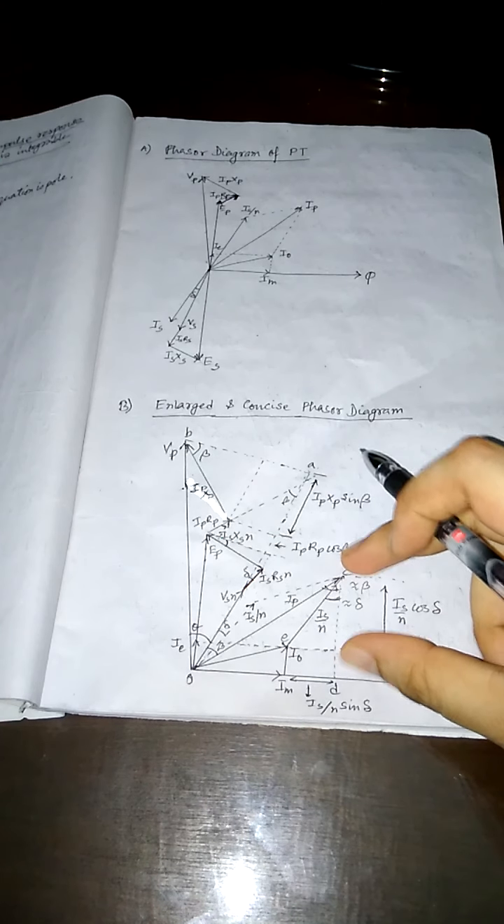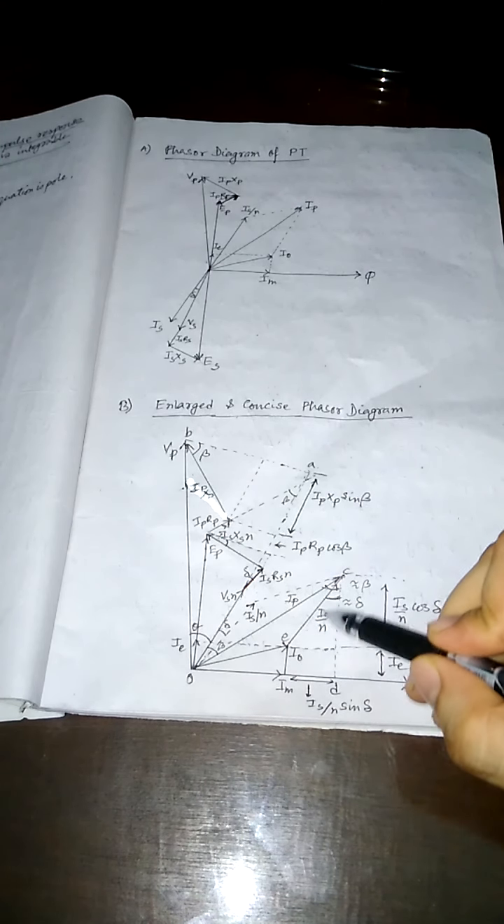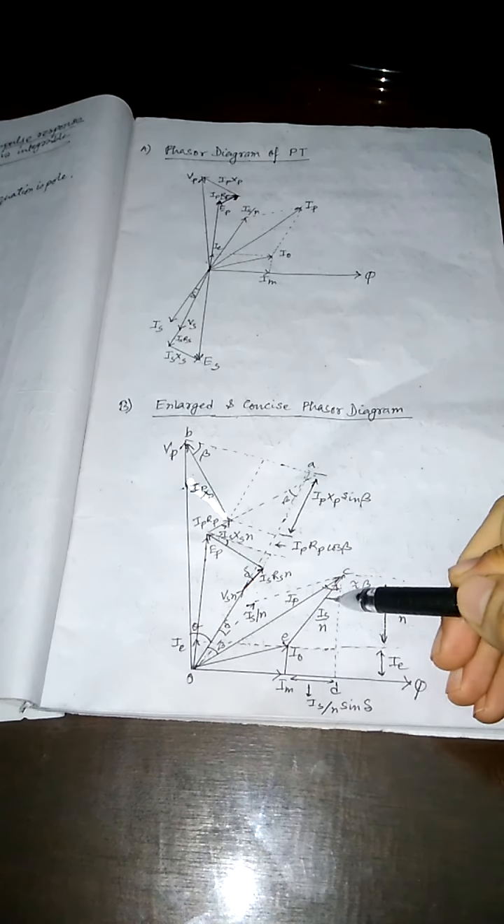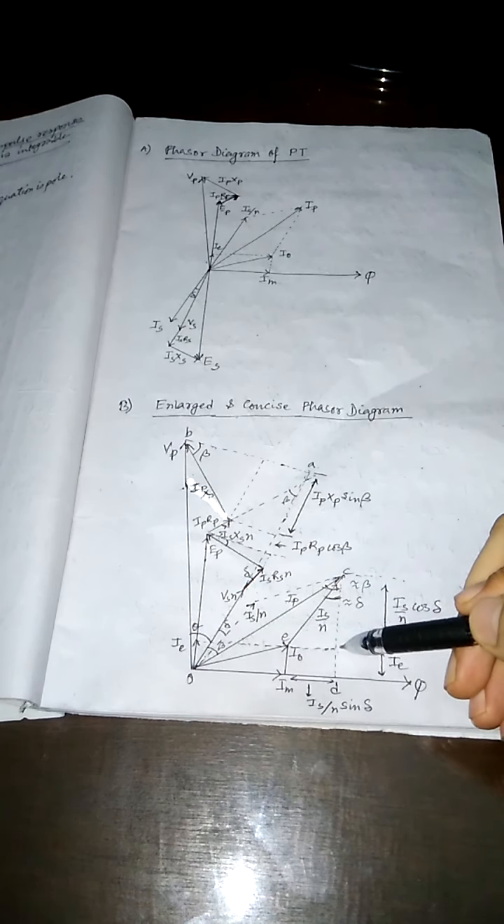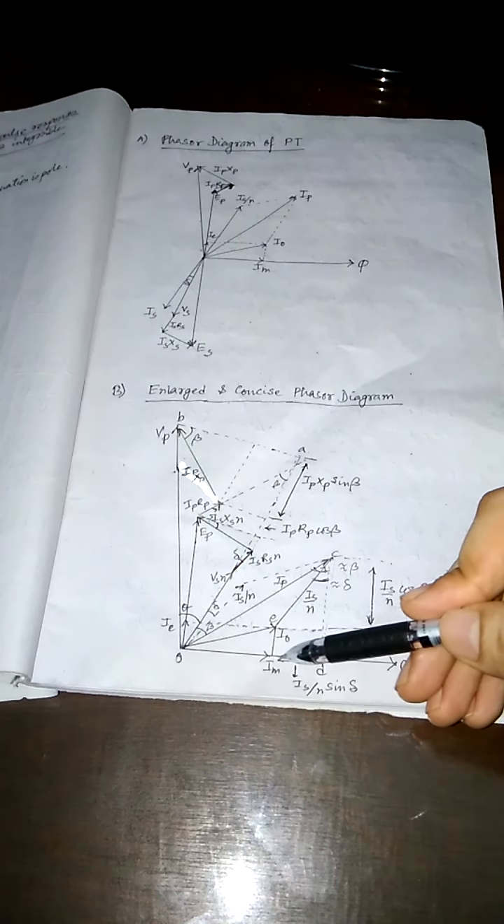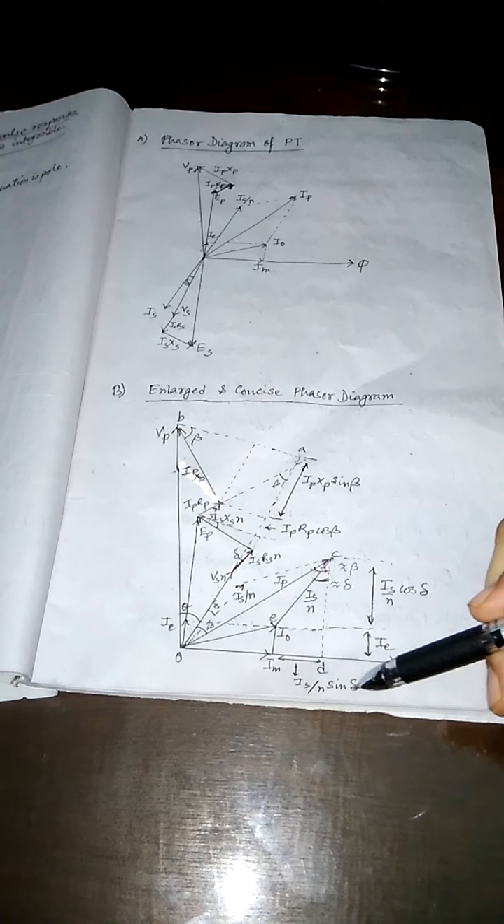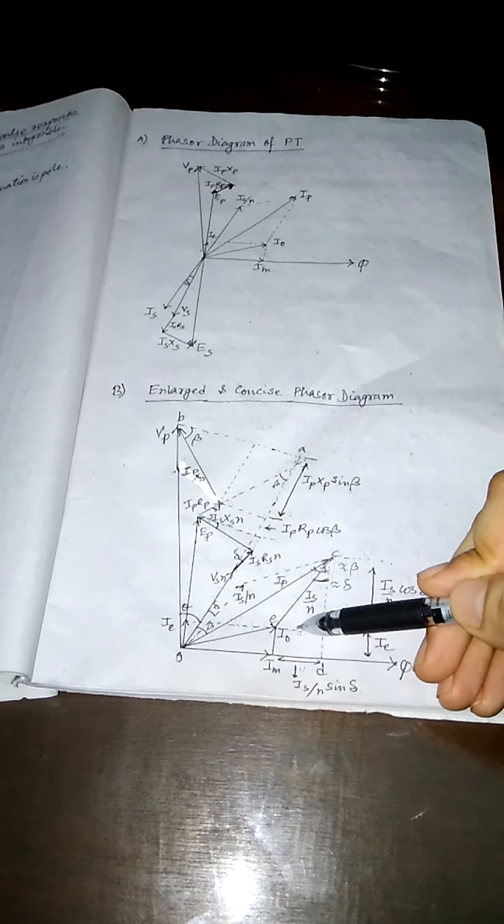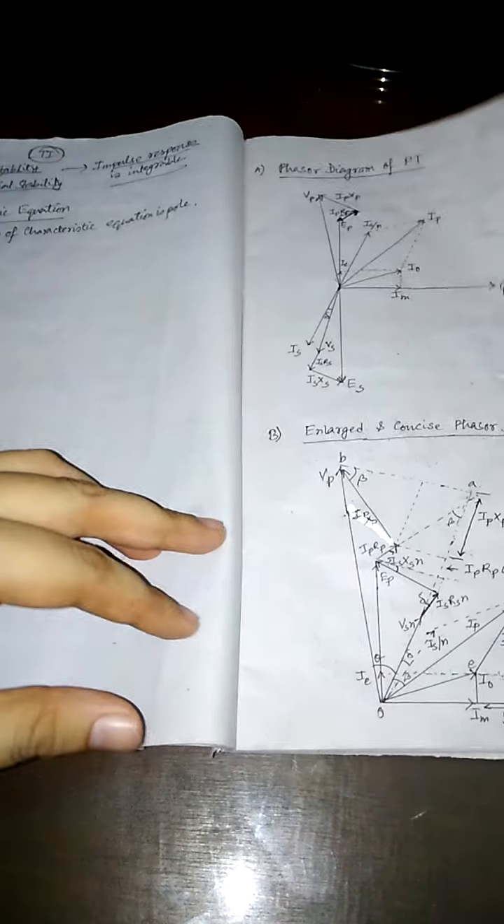Now what is this term? See, this is IS divided by N, that means the secondary current reversed phasor IS by N, and this is sigma. So as this is sigma and this is IS by N, that means this term is IS by N cos sigma. And again this is IM. So as this is IM, this term is IS by N sin sigma, because this is sigma. As this is IS by N sin sigma, this is also IS by N sin sigma, as this is parallel. So by that we can consider this,